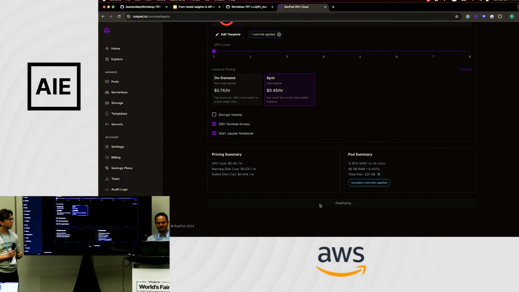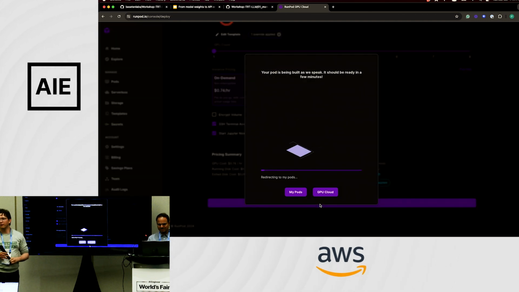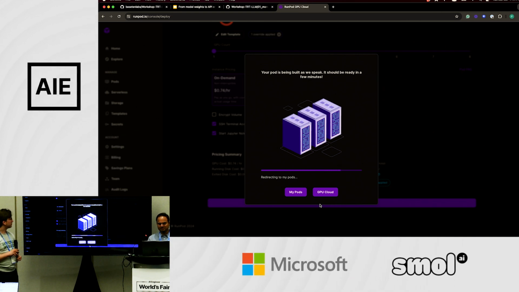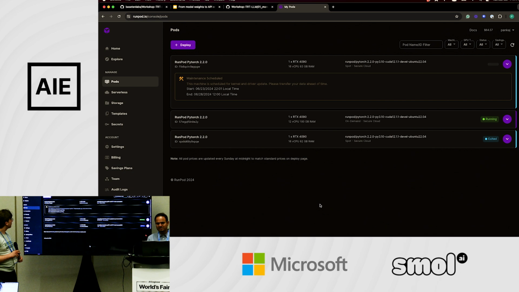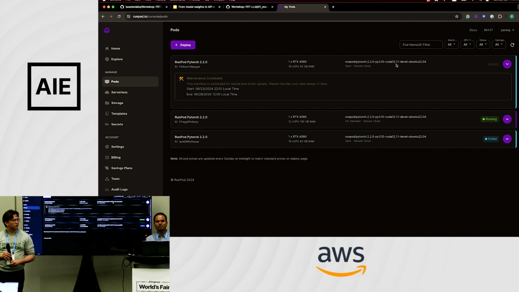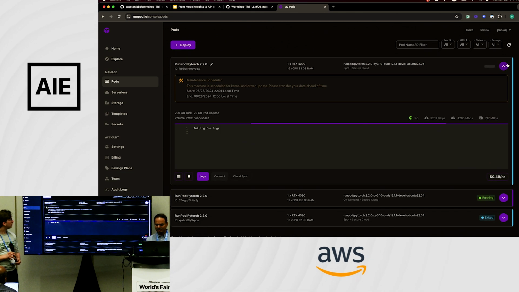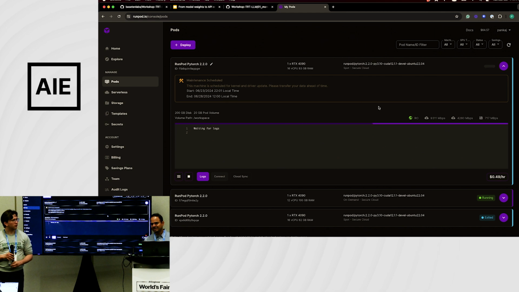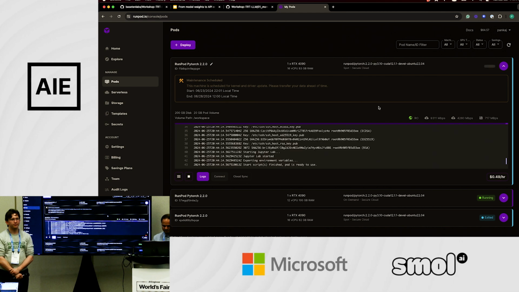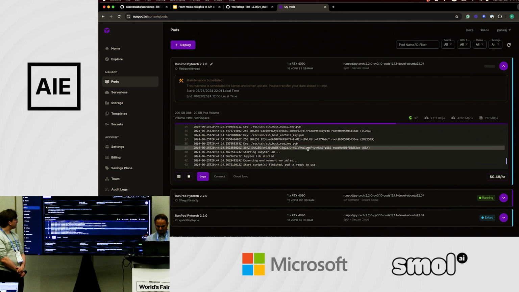It's going to be a bit slow, but feel free to ask any questions. I feel like this way, we'll take it slow, but we'll make sure everything is understood by everybody. So what's happening now is that this pod is spinning up. One thing to note here is that it has a specific image of torch with a specific CUDA version. It's very important that the node has GPUs. And the first thing we're going to do, once this pod comes up, is check that it has everything related to GPUs running fine. So this is starting up.